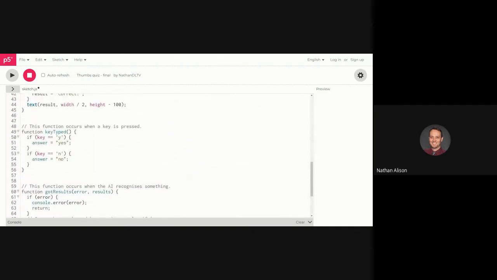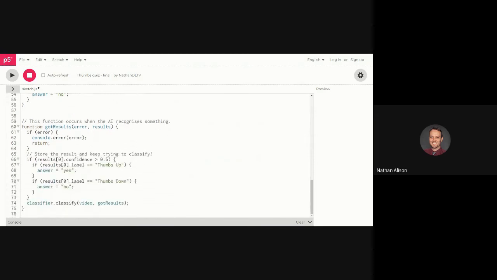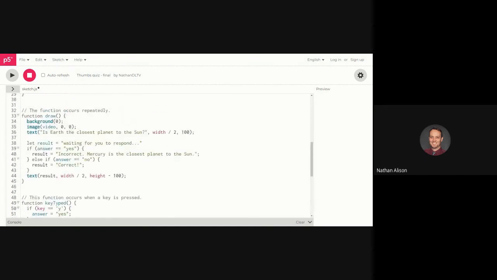It's not that different to the one that interrupted for the keyboard, but this time it interrupts if it sees a correct result, like a thumbs up or a thumbs down, and it sets that variable. If it sees thumbs up, it sets that variable. If it sees thumbs down, it sets that variable, and it makes sure that it keeps checking the camera. And all the other code stays the same, because remember, the main code is just looking to see for yes or no. So if we test this one out,